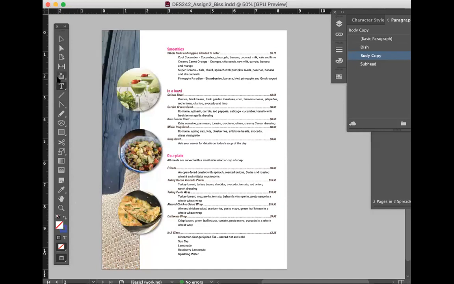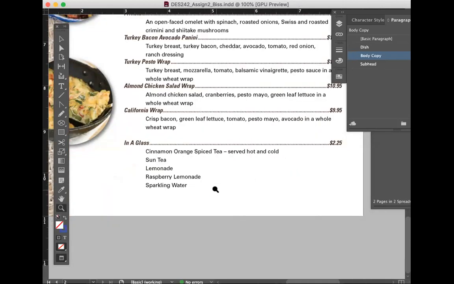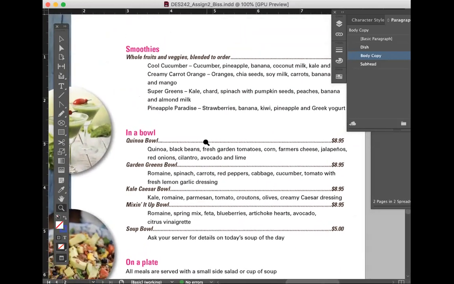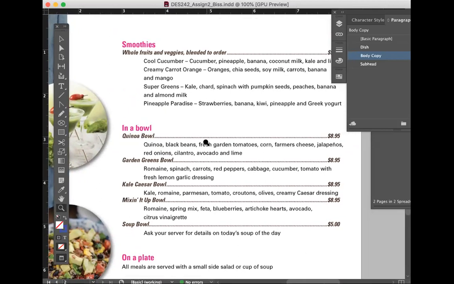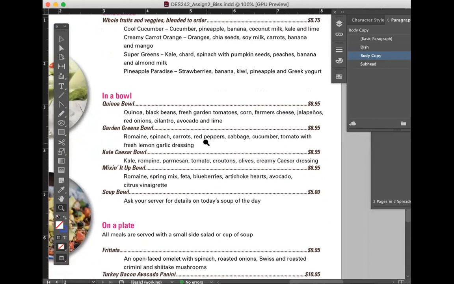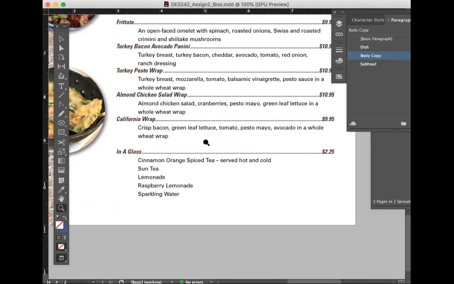I'm going to show you how to do a character style too. Remember how we were talking about character style? That's primarily for maybe one word or one letter. So let's do all meals in a glass.